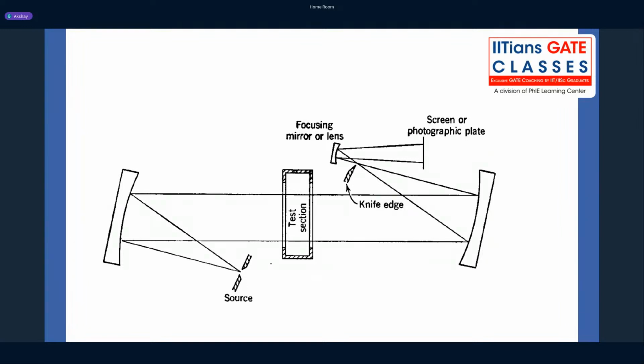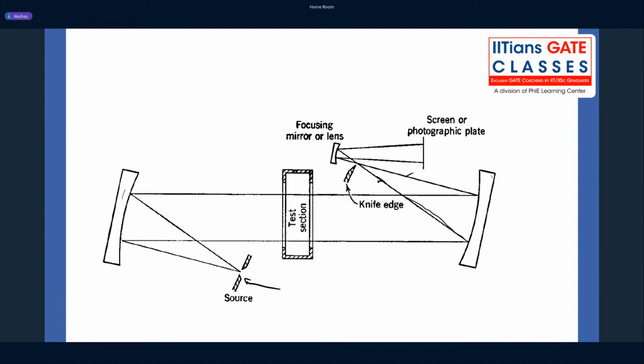So instead of a lens, you have a light source. The light will fall onto this concave mirror, which will then collimate the light towards the test section, and you will have one more concave mirror which will again